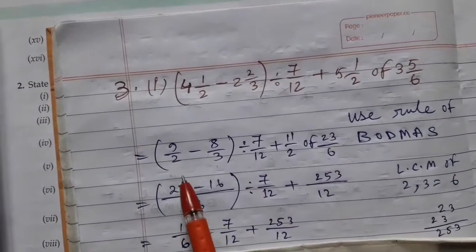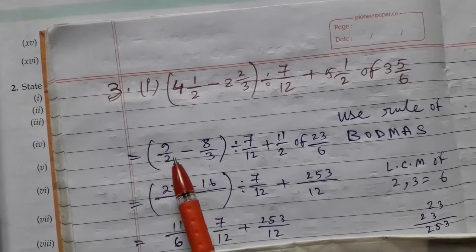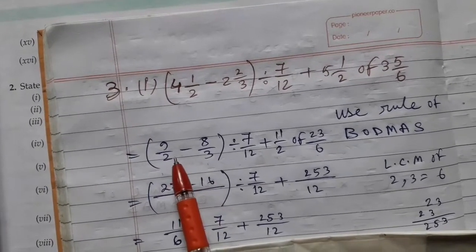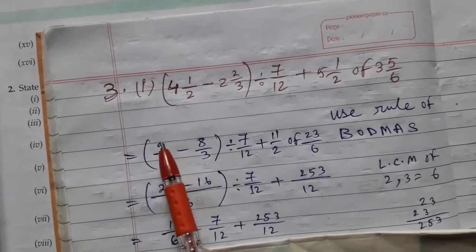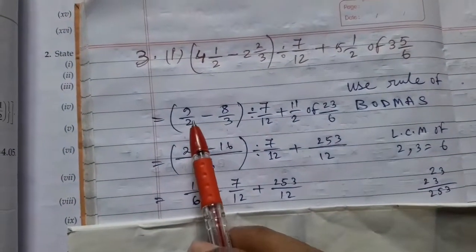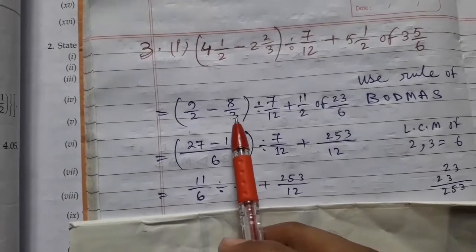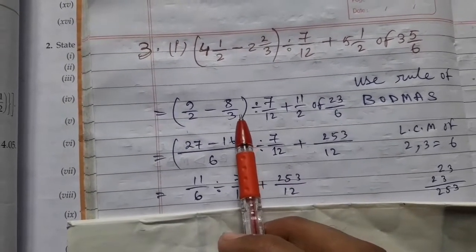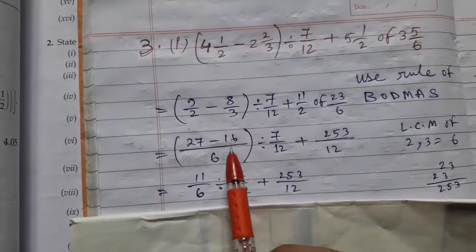Okay, next 3 twos are 6, LCM. Which number do we have to multiply with 2 to get 6? We have a 3, that means 3 multiply as a numerator number. Okay, 3 nines are 27. Same process, 3, which number multiply to get 6? 2. 3 twos are 6, that means 2 multiply a numerator number. 8 twos are 16. Clear?